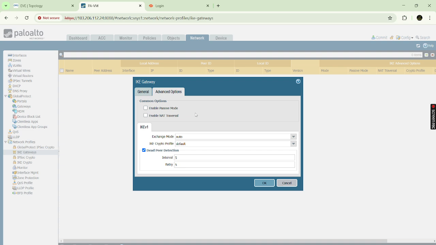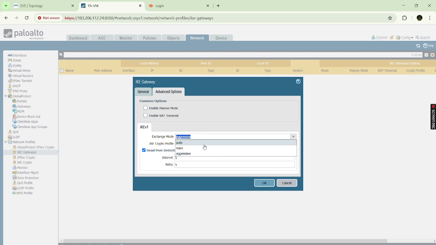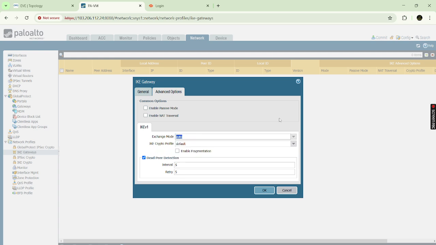ఓకే ఓకే యా see here and next part is exchange mode, ఎక్స్చేంజ్ మోడ్ అంటే మనకి మోడ్స్ ఉన్నాయి ఫేజ్ వన్ లో మెయిన్ మోడ్ అగ్రెసివ్ మోడ్ మనకు కావాలనుకుంటే మెయిన్ మోడ్ యూజ్ చేసుకోవచ్చు కావాలనుకుంటే అగ్రెసివ్ మోడ్ యూజ్ చేసుకోవచ్చు బట్ ఐఎమ్ గోయింగ్ విత్ అన్ ఆటో బికాస్ ఇట్ విల్ బి సెలెక్టింగ్ బేస్డ్ అపాన్ ద ఇక్కడ ఏంటంటే ఆటో సెలెక్ట్ చేస్తాం అంటే అది మెయిన్ మోడ్ అయినా కావచ్చు అగ్రెసివ్ మోడ్ అయినా కావచ్చు ఇక్కడ మనం మెయిన్ మోడ్ ఆటో యూజ్ చేసి అవతల సైడ్ ఒకవేళ ఫర్ సపోజ్ అగ్రెసివ్ మోడ్ కాన్ఫిగర్ చేసాం అనుకో ఇట్ విల్ బి నెగోషియేటింగ్, okay but we have an option we can select main mode or aggressive mode but